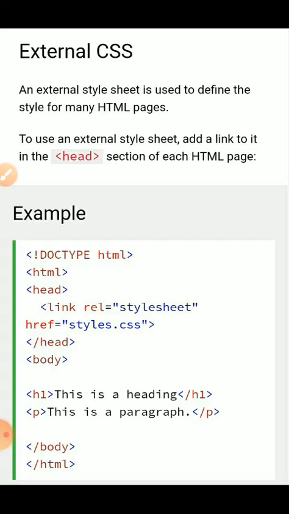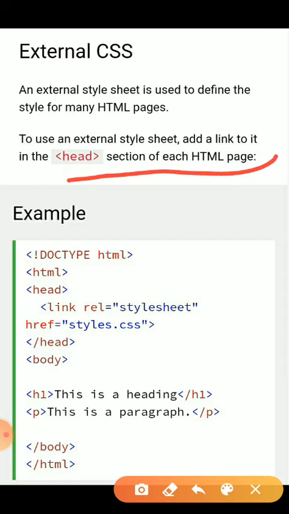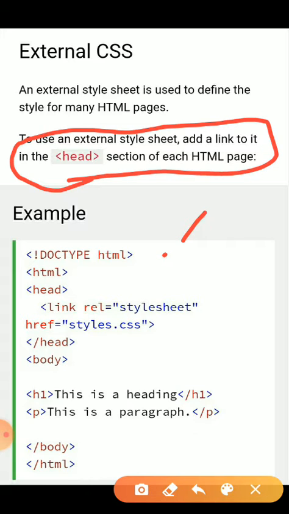To use an external sheet, add a link in the head section. Look at the example here.